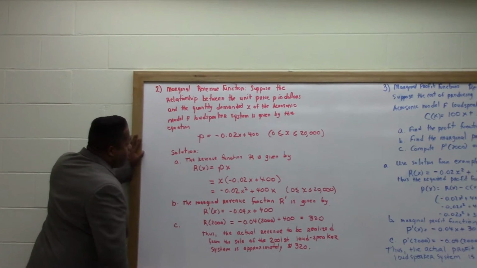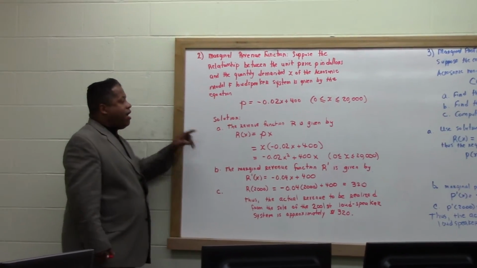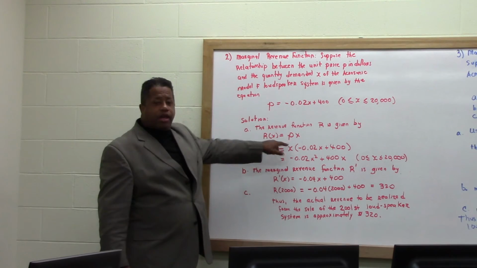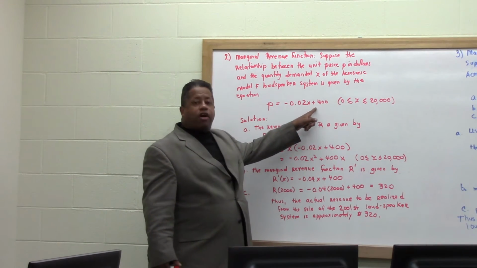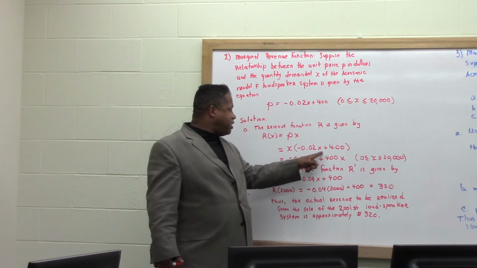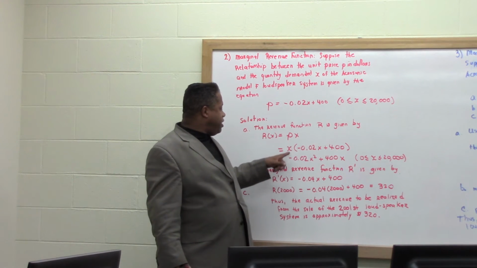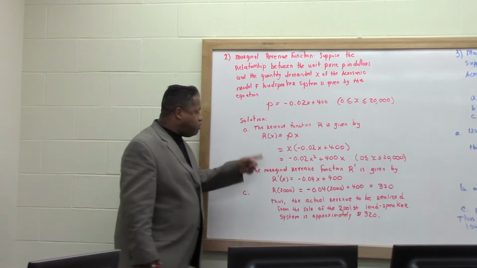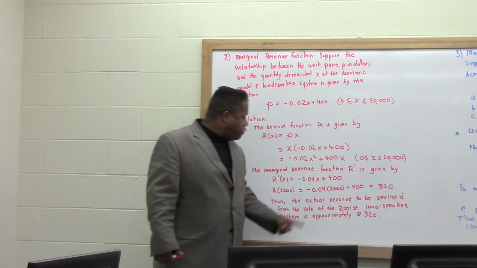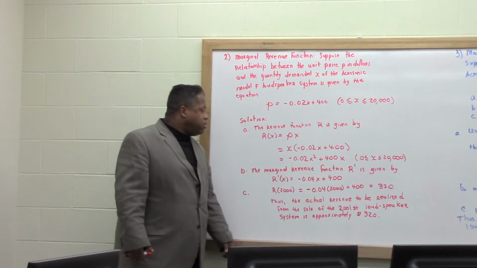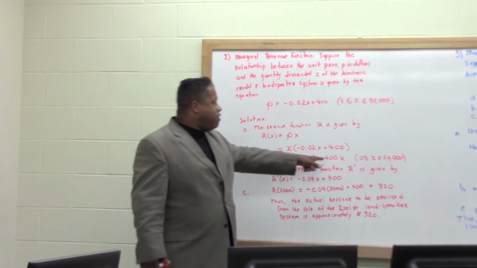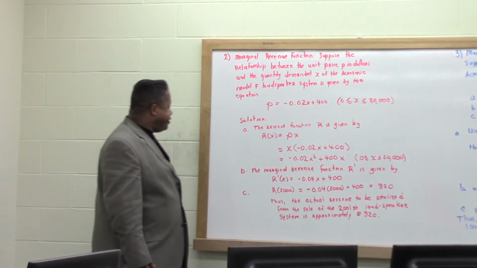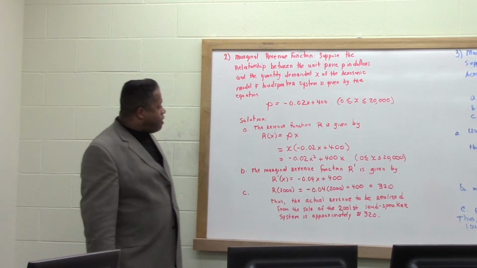And we want the revenue function R, given by R(x) equals p times x. So p is this function here. We place that there for p, and then we multiply by x. When we distribute the x across this expression, we get negative 0.02x squared plus 400x. And so the marginal revenue function